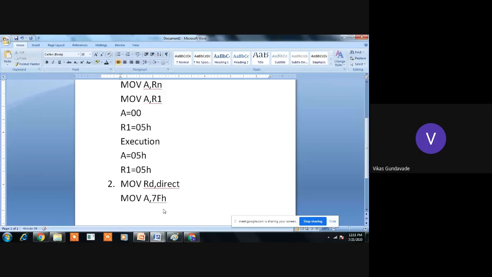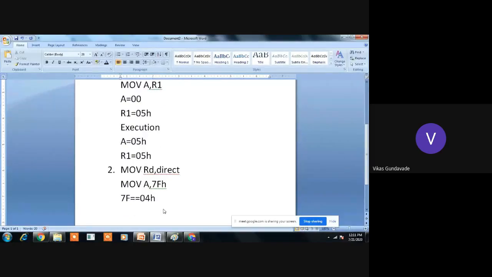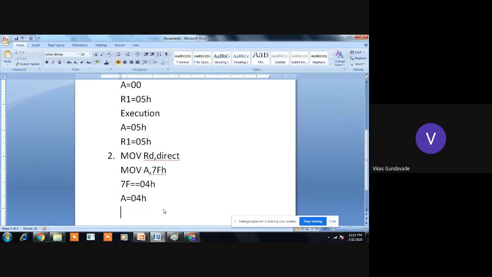So here what will happen? 7F is the address location in the data memory, and let's say the 7F memory address has the contents 04H. Now, after execution of this instruction, these 04H will get transferred into the accumulator. So the accumulator value will be 04H after execution of the instruction move A, 7FH. Okay. Everybody is getting it?